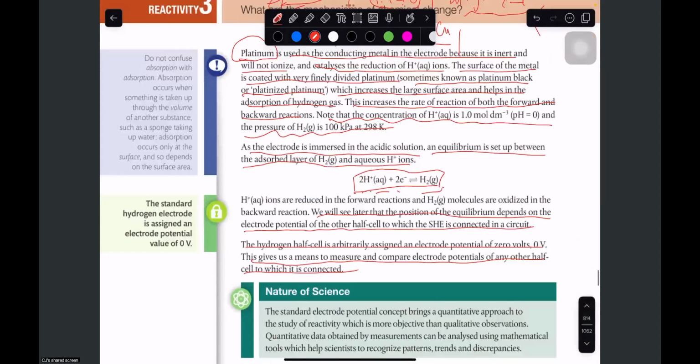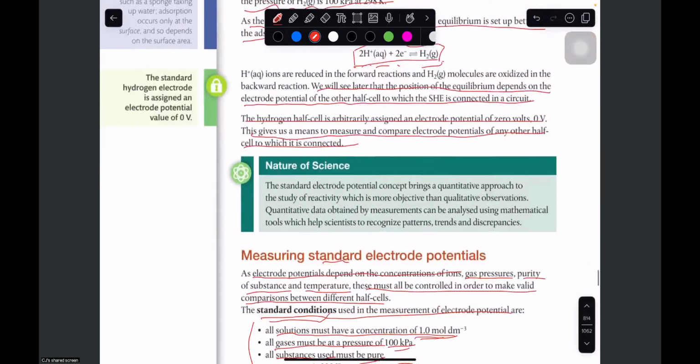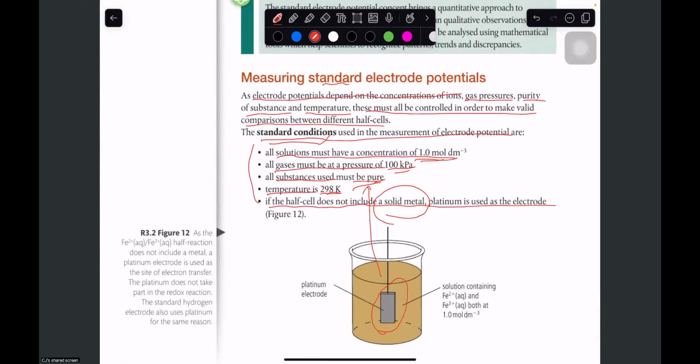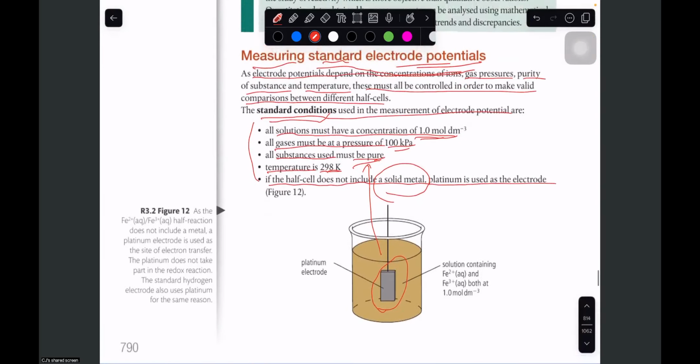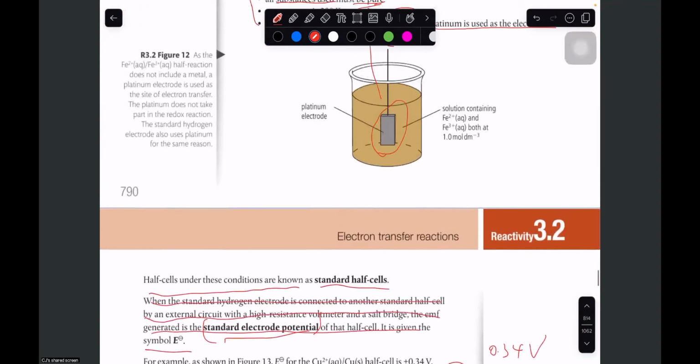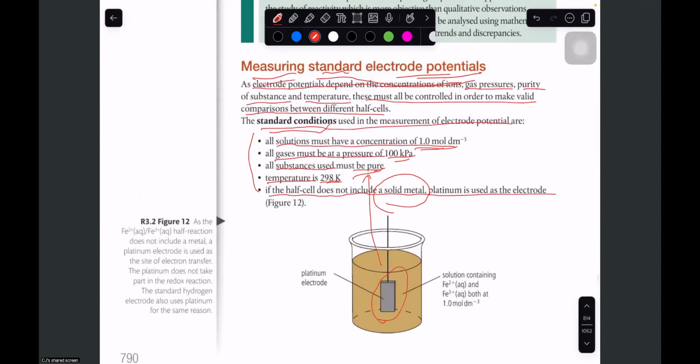Okay, we'll move to the second part. In this part, we will talk about how to measure the standard electrode potentials. The method to measure the standard